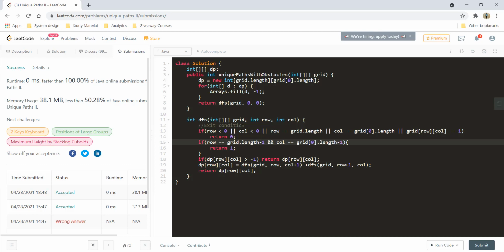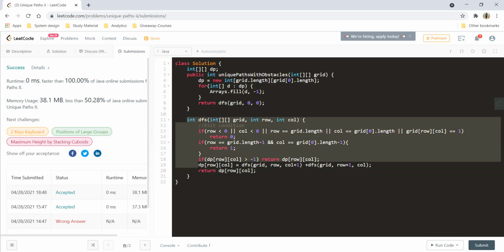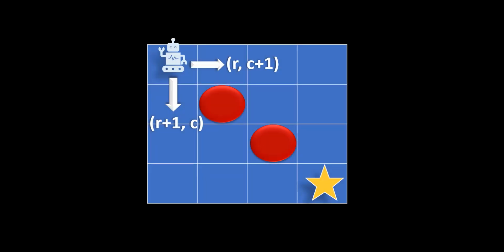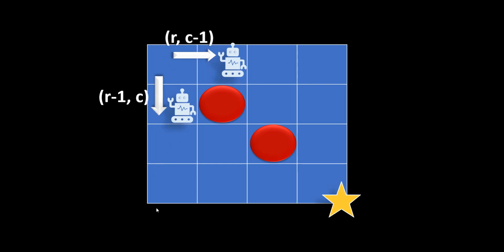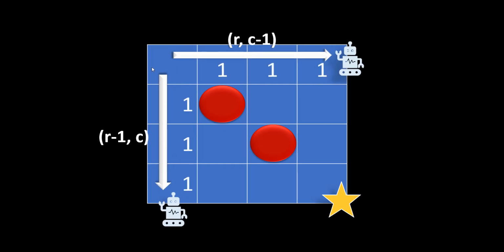Now, this was a top-down approach. Now, let's see how we can do it iteratively by using a bottom-up approach. As we saw, from a particular point, we can go in these directions. So, when I am at these points, I'll be coming to these points from the direction that is left of it or that is top of it. So I can simply fill these with the number of paths that I can come here from. So we can say that the first row and the first column would be filled with ones, because I can simply travel right to reach these particular points or down to reach these particular points.